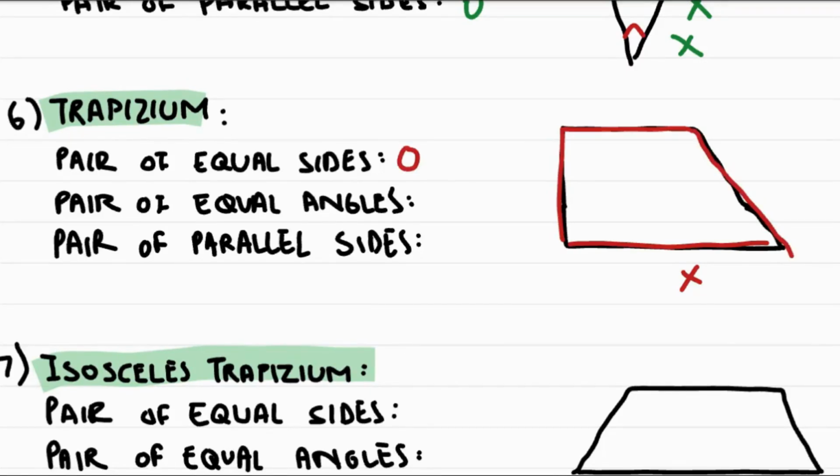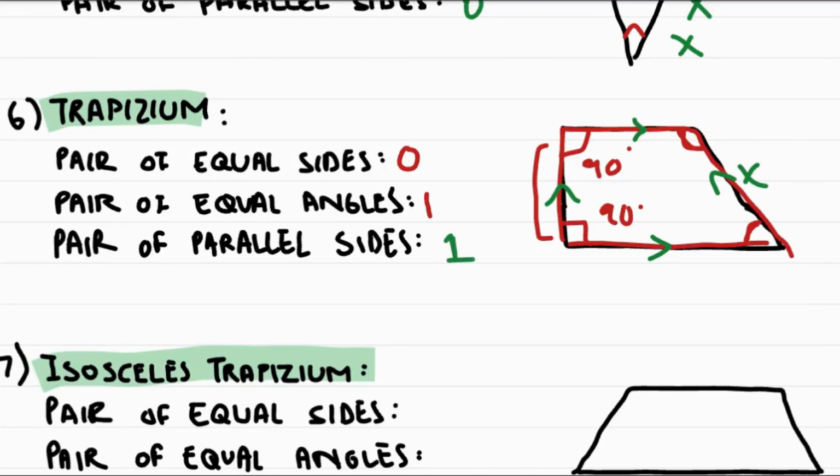Now if we look at the pair of equal angles, this is 90 degrees and this is also 90 degrees. This however is an obtuse angle, whereas this is an acute angle, right? So it gives us one pair of equal angles. Now pair of parallel sides. Now parallel sides does not have to do anything with the length of it. So we can see that this side and this side are parallel to each other, whereas this side and this side are definitely not equal to each other and are not parallel to each other. So that gives us only one pair of parallel sides, which is this one and this one.